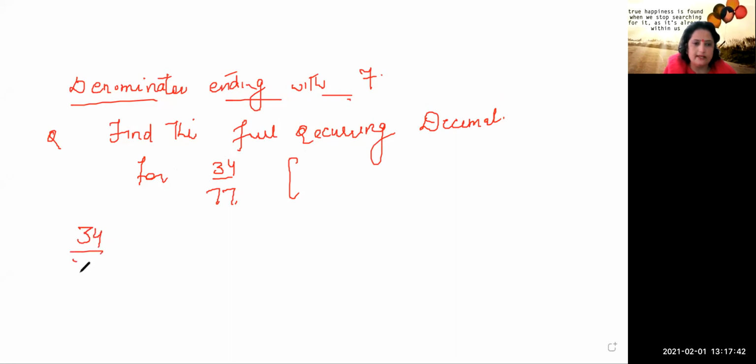So 34 by 77, it is nearest to 80, and the difference कितना है? 3 का. इसका मतलब every time जो भी आपका quotient element आएगा उसको आपने 3 से divide करना है. तो 0 point. So यहाँ से हम अब division जो है हमारी शुरू हो रही है. First of all, you will divide 34 divided by 8. 8 4s are 32.